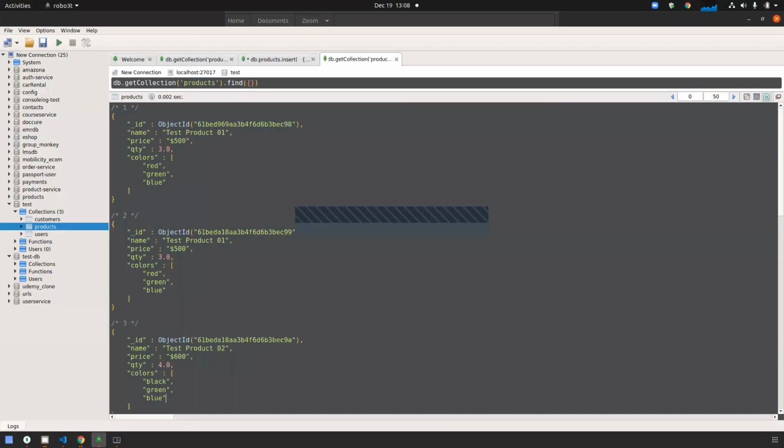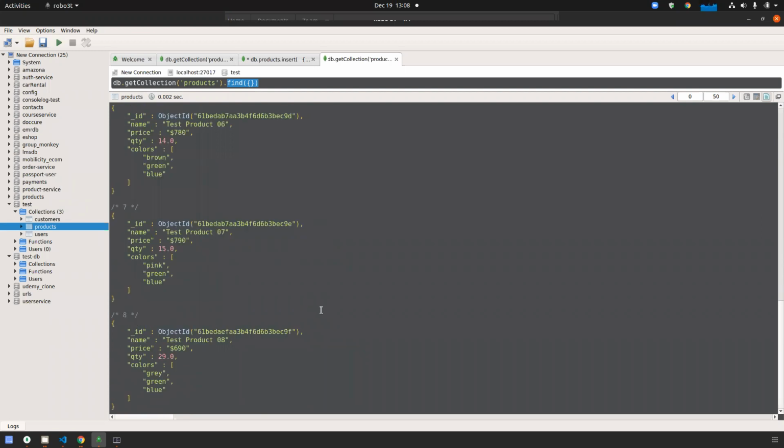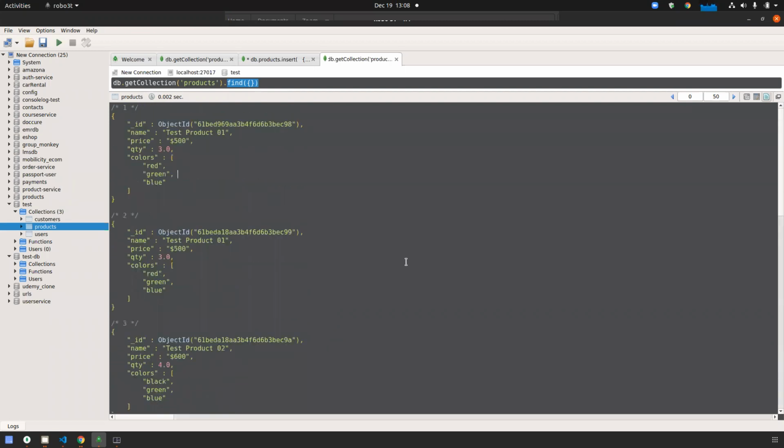So now I'm sharing my screen. There are also some methods and some operators. First thing, you guys already saw the find method, right? With that find method, we just retrieve all the records. In that collection, there are 8 records, so all 8 records.